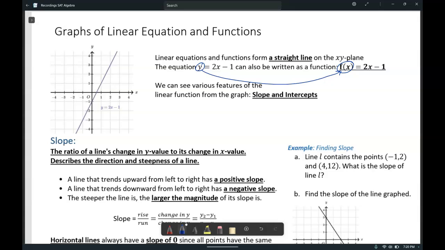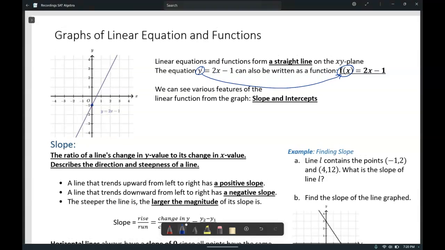So we can see various features of a linear function by looking at a graph. We can see slope pretty quickly and get an idea for what the rate of change is. We can also see the x and y intercepts pretty easily from the graph. So looking at the graph here, that's shown on the left of f of x equals 2x minus 1, we can look at the slope and see that for any two given points for the slope, we can identify